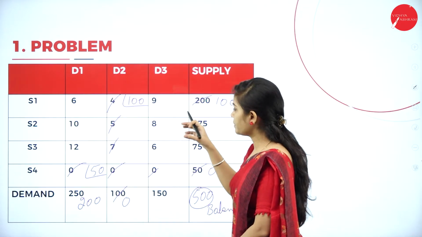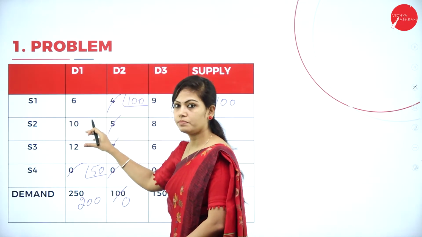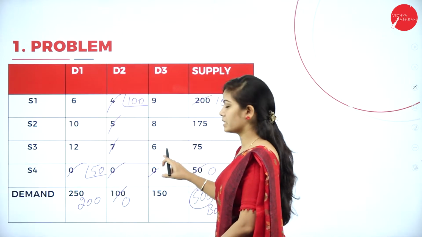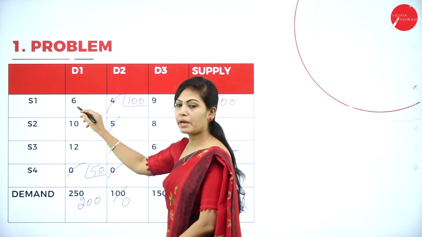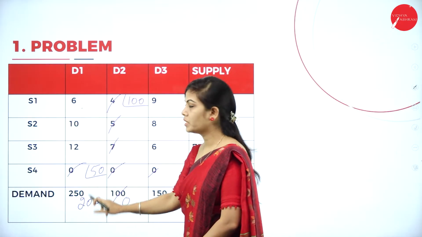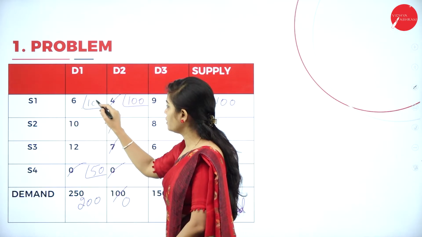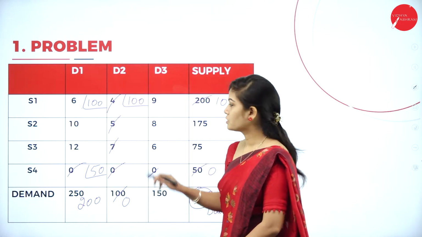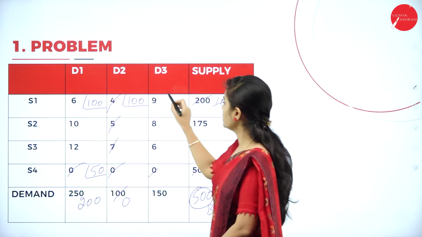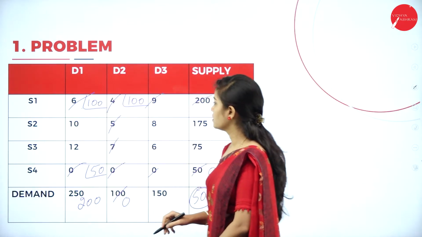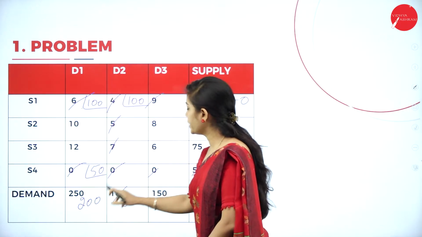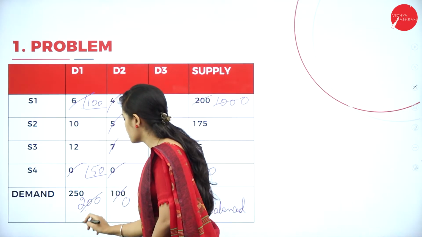And the next step is the next least value. Next least value out of this is 6 and 6. So I will consider this 6 as my least value. So 100 is there, here 200 is there. So 100 is my least value in supply and demand. So I will allocate 100 rupees to this cell. So it will become 0 and I can cancel this entire row. So now 200 minus 100, it is 100.